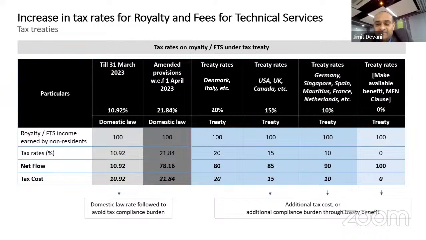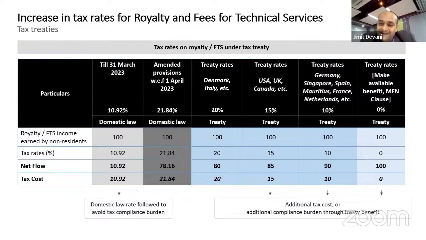That is technical services. Now let's assume the same thing happens. They come, repair the AC. They also teach you that, okay, Jimit, next time if something is wrong with the AC, this is how you repair the AC. So I'm transferring that knowledge to you so that you will not need that person again. Tomorrow if the AC goes wrong, I can repair it myself. That means that the knowledge has been transferred to me. That's the concept of make available.